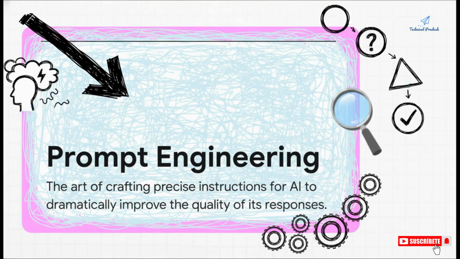So what are we talking about here exactly? Prompt engineering is really more of an art than a science. It's about being specific, of course, but it's also about giving the AI context, setting the rules for the conversation, and even telling it what kind of personality to have. It's the difference between just asking a basic question and telling the AI exactly how you want the answer.